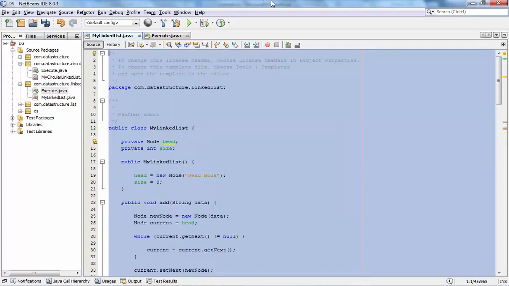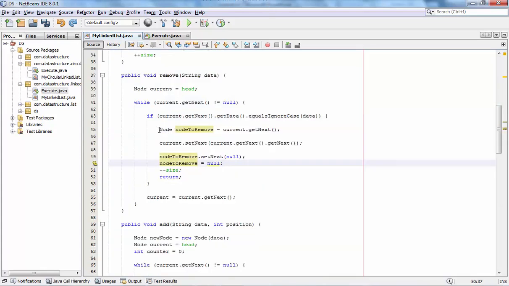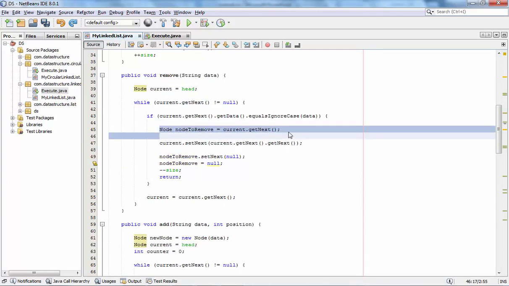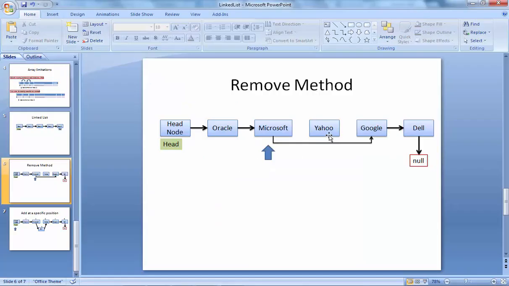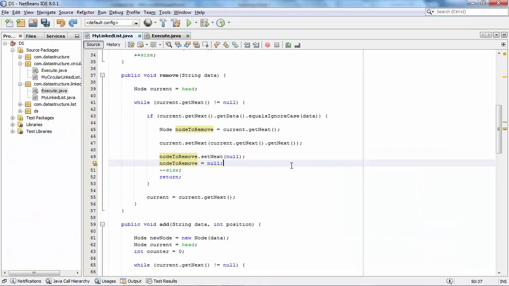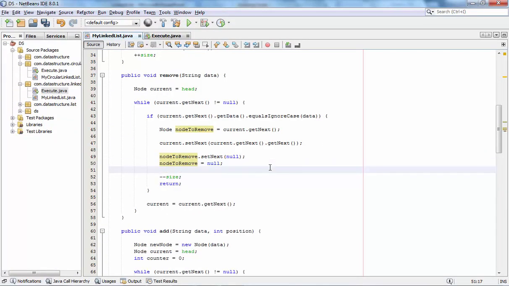First we will get the reference like this, and then we will set the current node to point to Google's node, and then we will nullify the node's next reference, and then we will also nullify the Yahoo's node also, this one, right? So this is the statement, this is the direction that